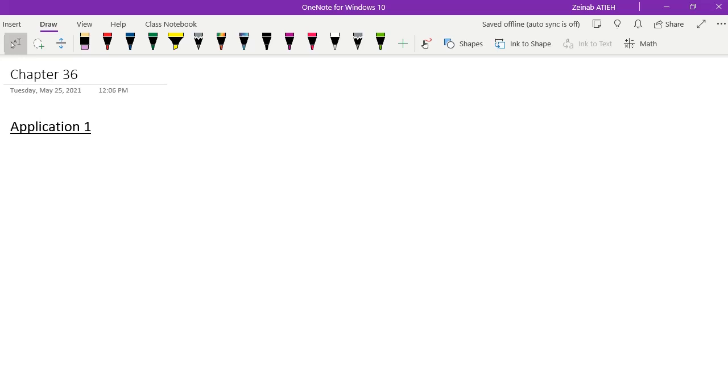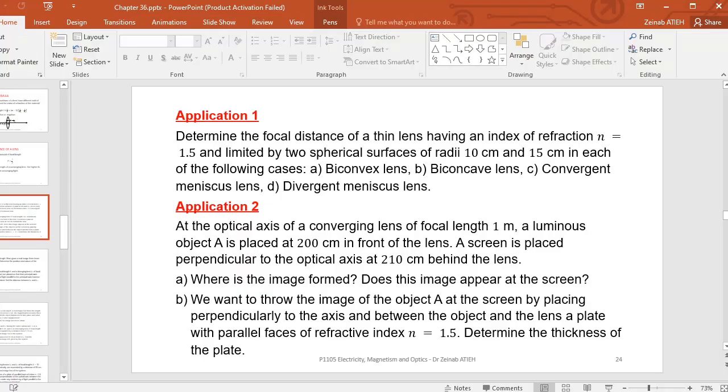Good morning. I will solve problems or applications related to image formation by lenses. I will start with application 1. Application 1 says, determine the focal distance of a thin lens having an index of refraction n equals 1.5,